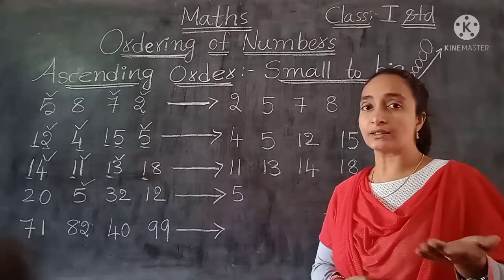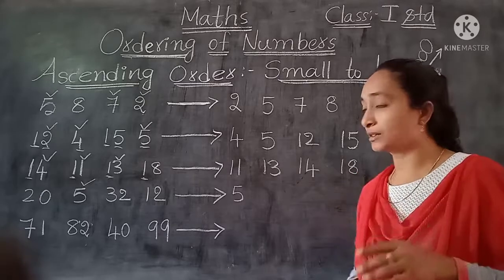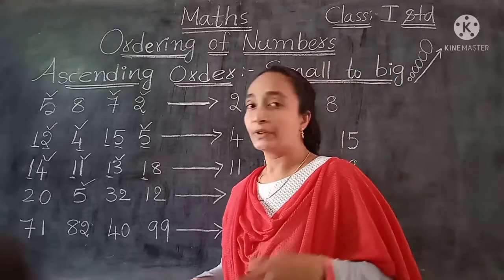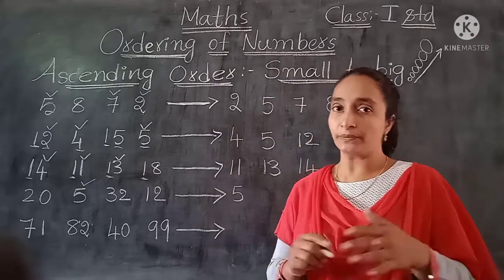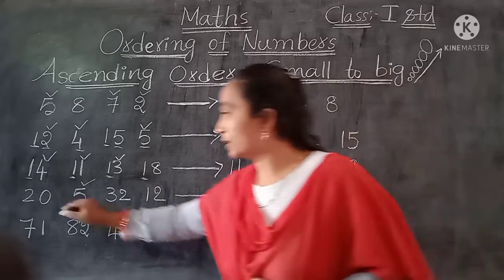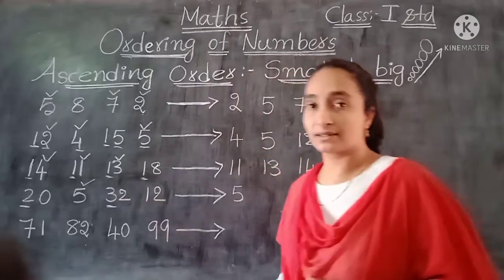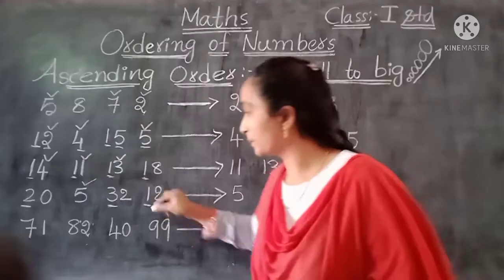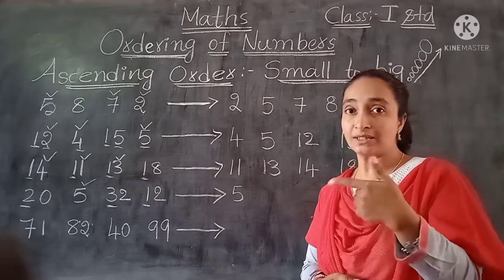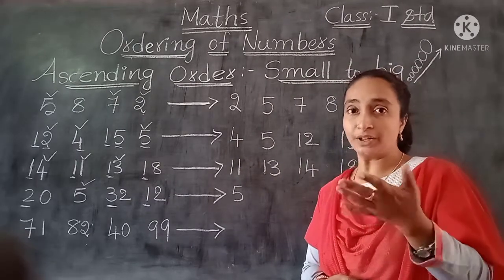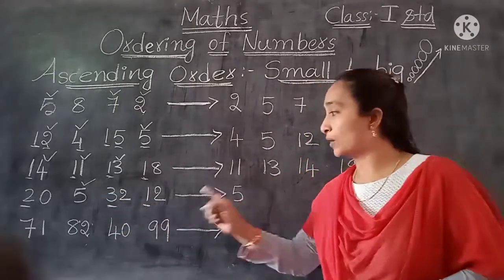Now again 2 digits, what we have to do? Check the tens places. We have to check first whether they are the same or different. Same means we have to go to the ones place. Different means we can differentiate right there. Now here 2 tens, 2 tens, 3 tens, 3 tens, 1 ten. Yes, they are different, not the same. So 2 tens, 3 tens, 1 ten.